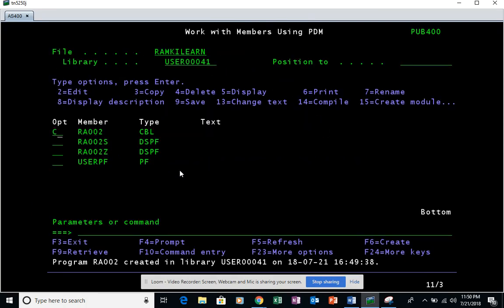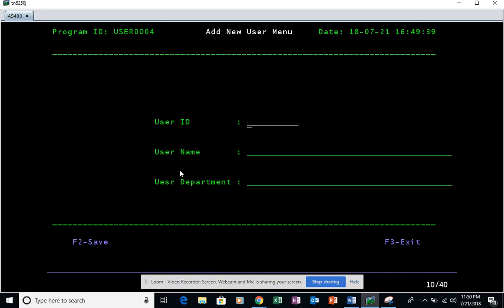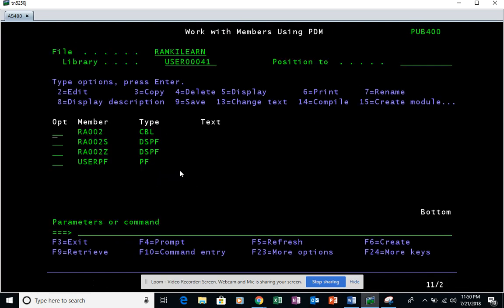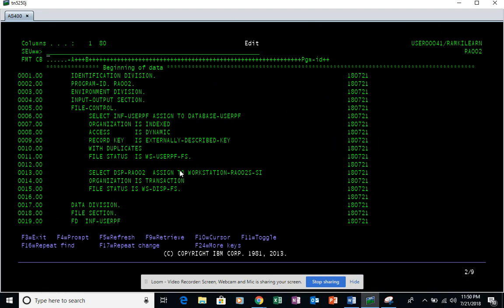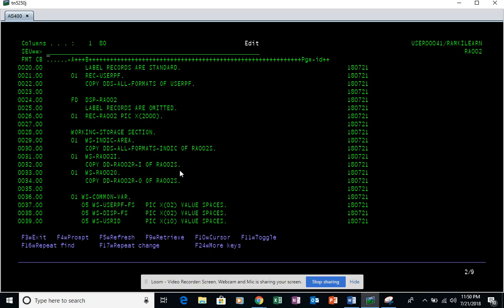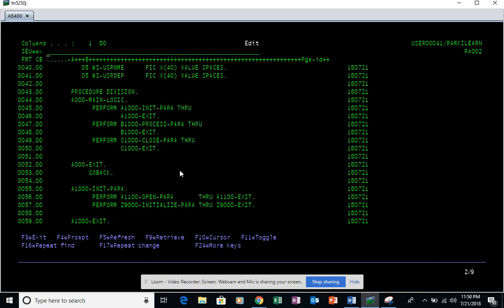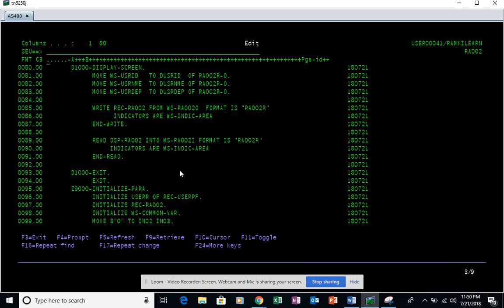Let me call the program first. Make sure it's working. The screen already came in. Now our aim is that F2 and F3 have to work. Once you press F3, it is supposed to exit. Okay. Now we go here. We will see what's supposed to happen. What we have to do now, once the screen key is entered, we have to accept the variable, correct? So what we are going to do